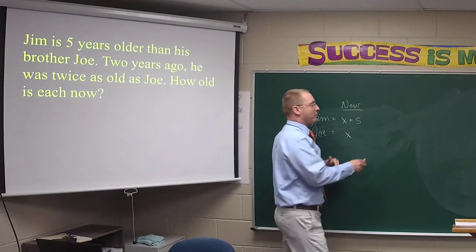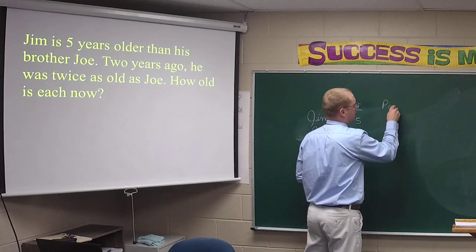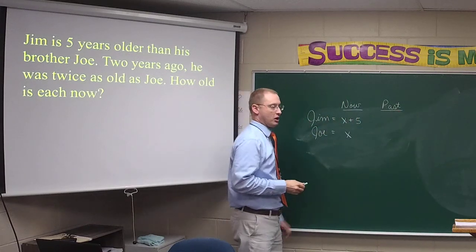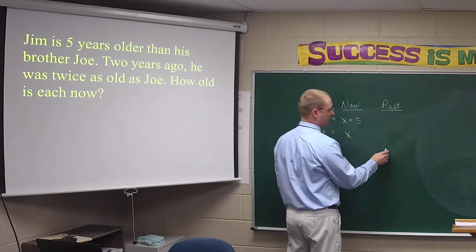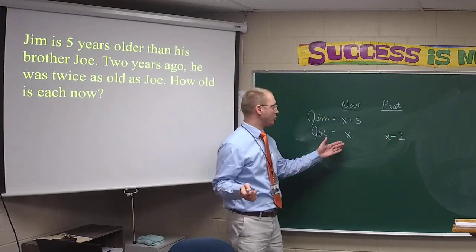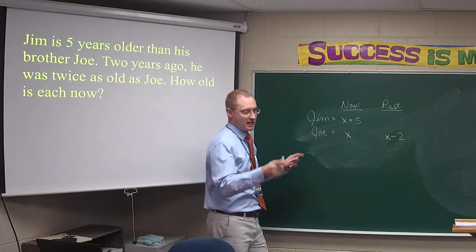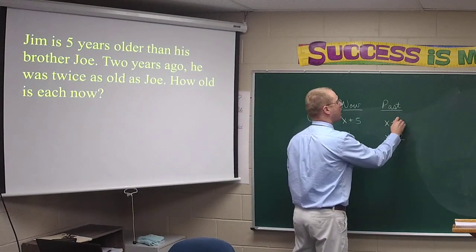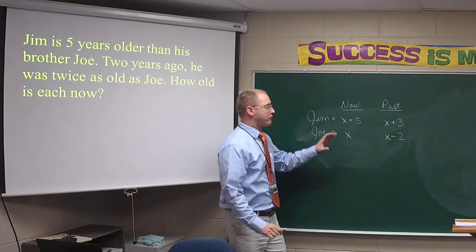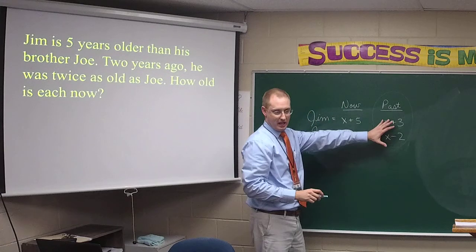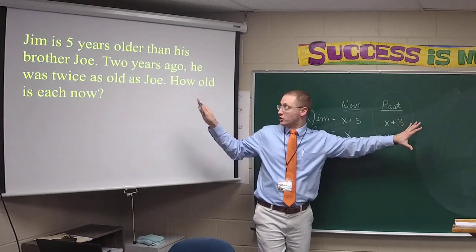So 2 years ago, everybody was 2 years younger, so we're going to travel back in time, back into the past. How would I show Joe's age 2 years ago, Abby? X minus 2. Just subtract 2. How would we show Jim's age 2 years ago? X plus 3. There we go. And once we've represented the time travel, these are now their new ages as far as the problem is concerned,